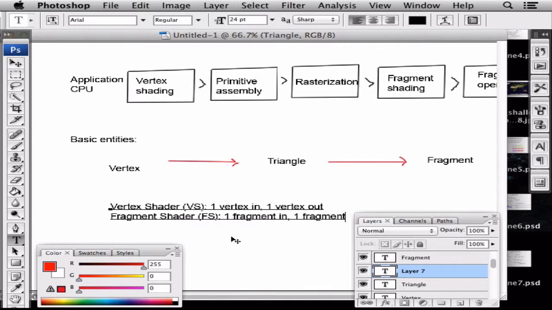A fragment shader takes a fragment in, we want to do this pixel, then it does some transformations on it to achieve various graphical effects, and then it outputs what the fragment should be. And as I said before, pixels on the screen really just have one attribute, it's the color. There are a few more for some special effects, but essentially what we're dealing with in a fragment shader is just colors. The fragment shader for every pixel on the screen calculates which color that pixel should be, and that's more or less what it does.